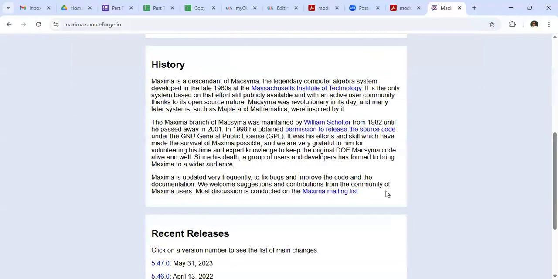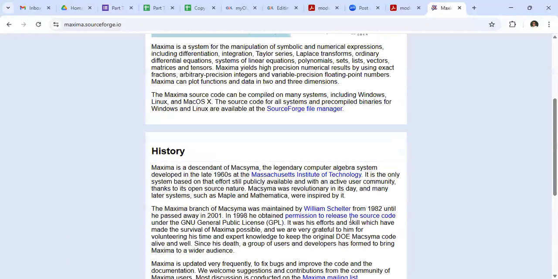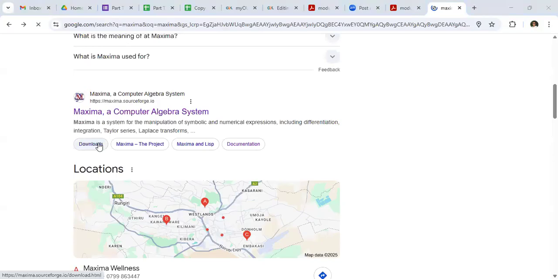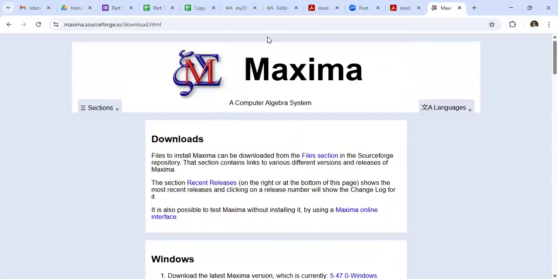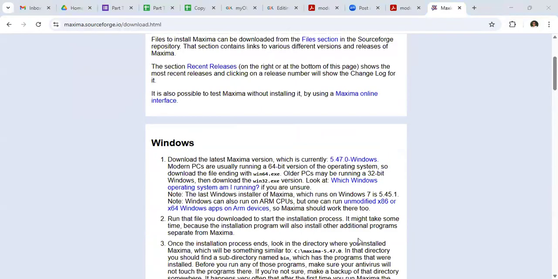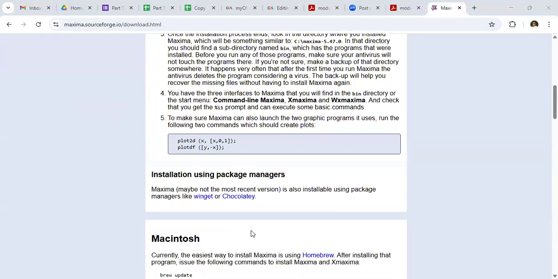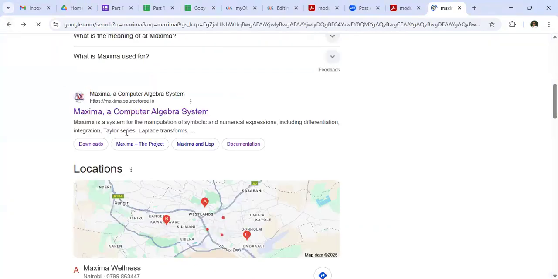Maxima, where is documentation? Click on a version to see. No, these are the number of changes. Why is this one taking me here? I need to go to downloads. Let me see. Yeah. So once you get here, then you can download. If you're using Windows, if you're using Mac, if you're using Linux, then you can choose the version that works for your device. Then once you've installed,